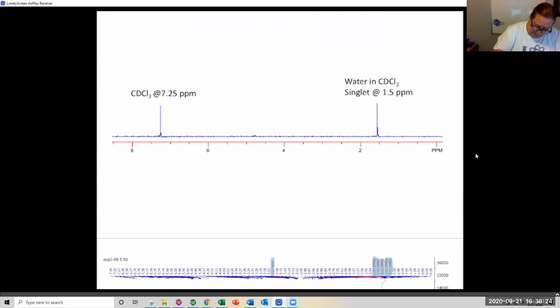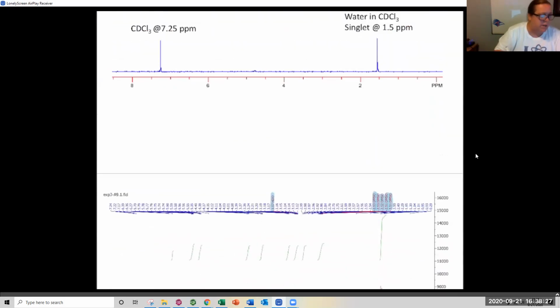If I'm doing an integral, how many of you know what an integral is? Like the actual mathematical definition? Summation under the curve. That's exactly right. It is the sum of the area under the curve. If I have three hydrogens, they're going to have a signal and we integrate, and then the NMR pops out 3H. So I might have a signal that looks like this, for example, but if I have something else overlapping with this,